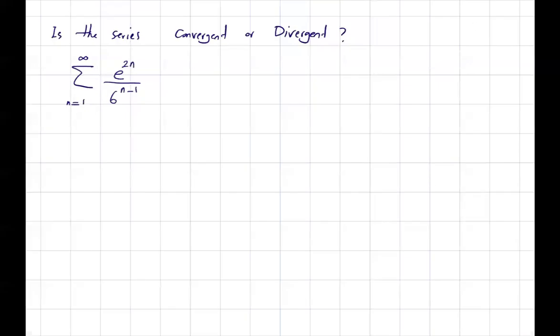Is the following series convergent or divergent? First of all, do you recognize any pattern here? Remind yourself of